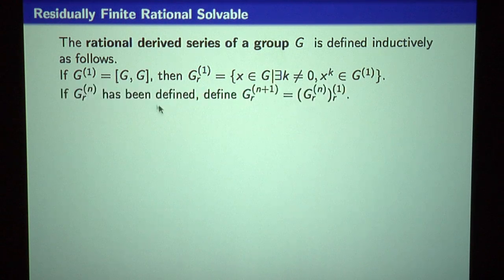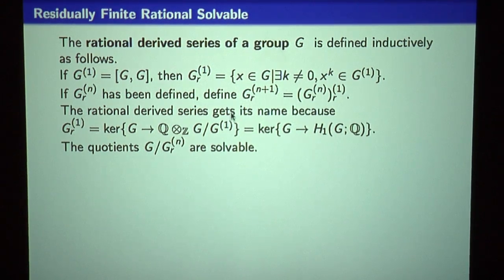And then you define these inductively: the (n+1)st rational derived subgroup is obtained from the nth by taking the rational derived subgroup of it. So it's kind of like taking the derived series, except we allow these powers. So why is it called the rational derived series? Well, another way of stating it is you take